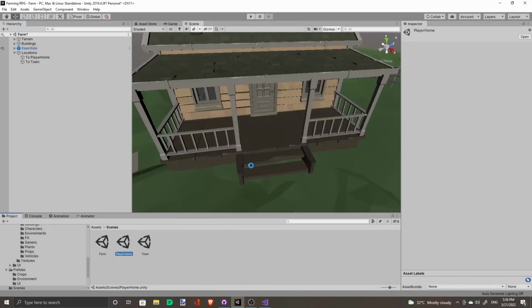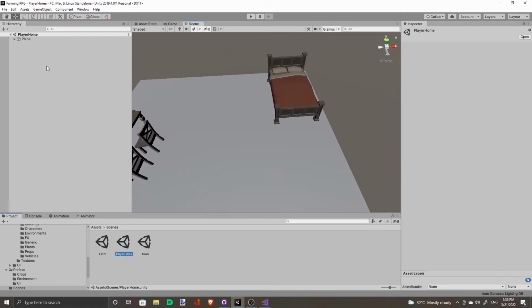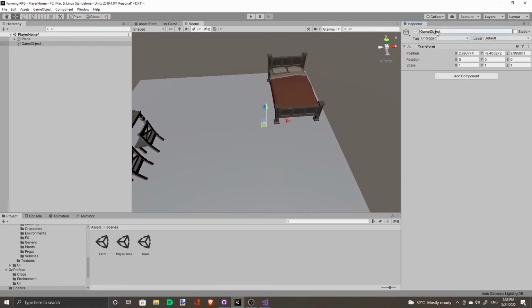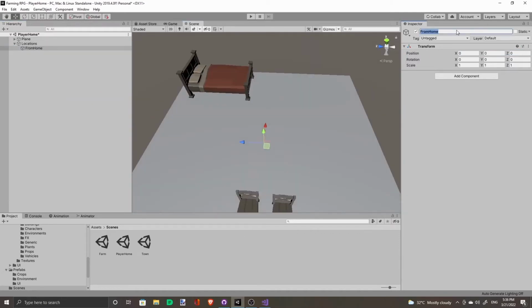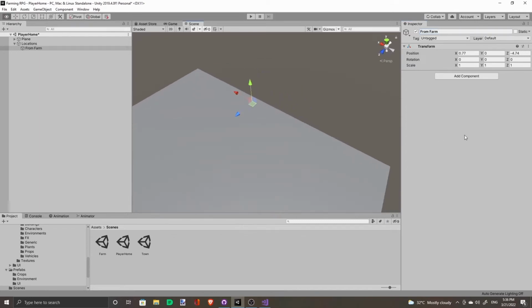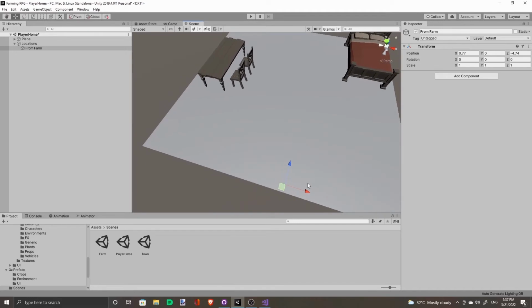Let's represent the start locations. So we'll create another location game object here. If the player is entering from his farm, we want him to be positioned here. This is about where the door is.